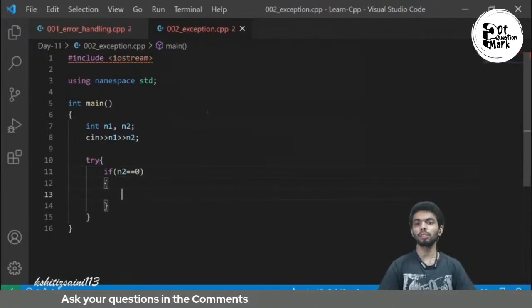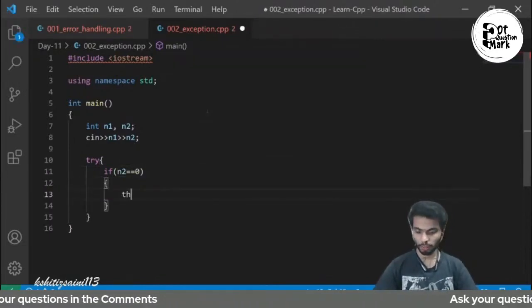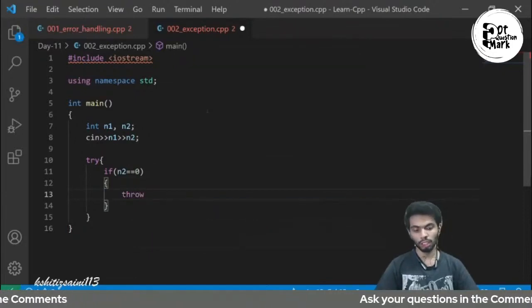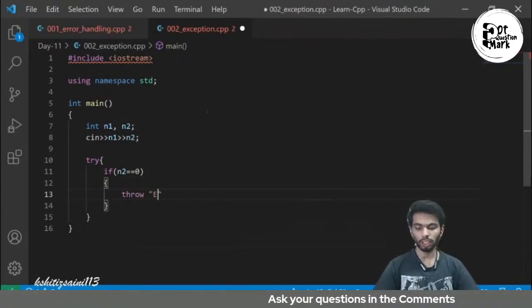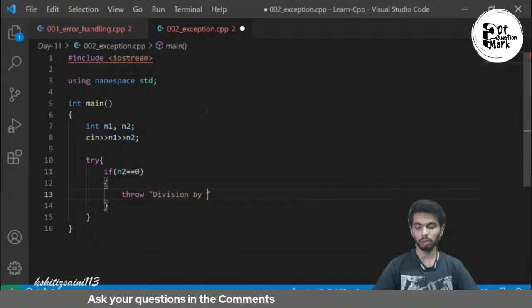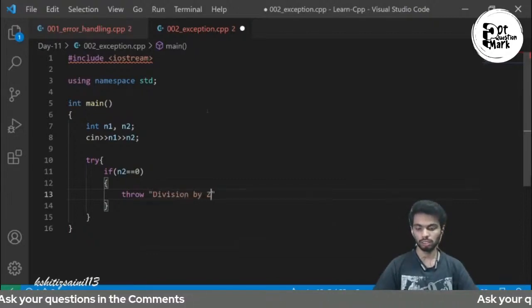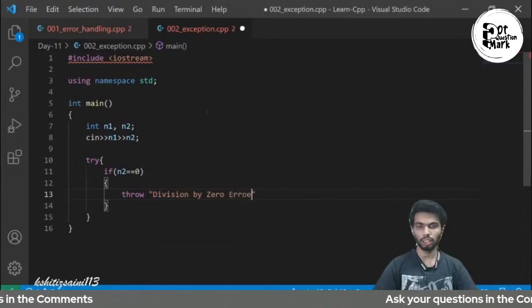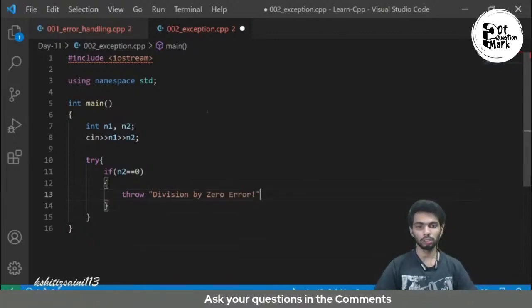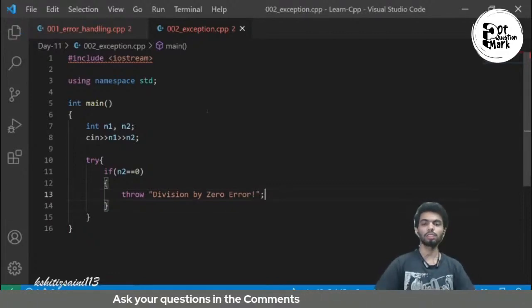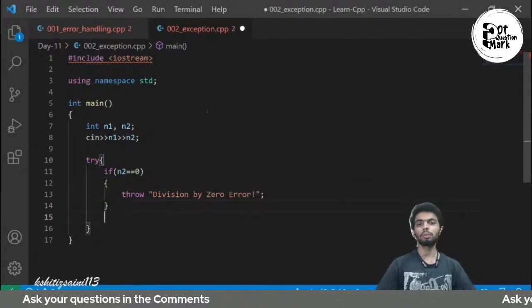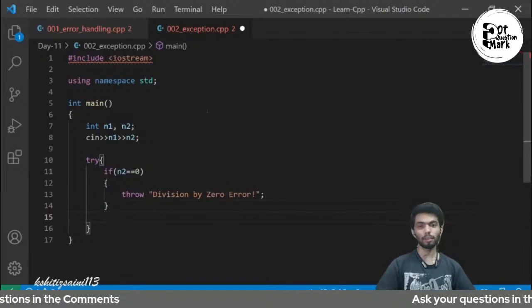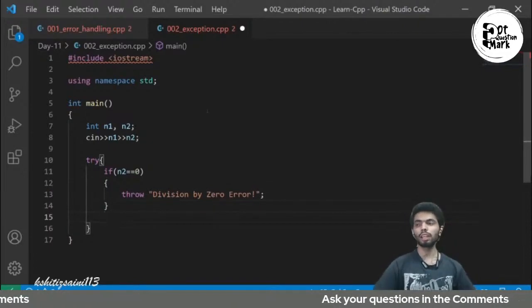ठीक है, if n2 is equal to 0 तो हम क्या करेंगे? I will throw something. अब चलो एक स्ट्रिंग थ्रो करते हैं: "Division by 0 error". अभी तक हमने int थ्रो किया था, तो आज थोड़ा स्ट्रिंग थ्रो करके देखते हैं कि स्ट्रिंग से क्या होगा।